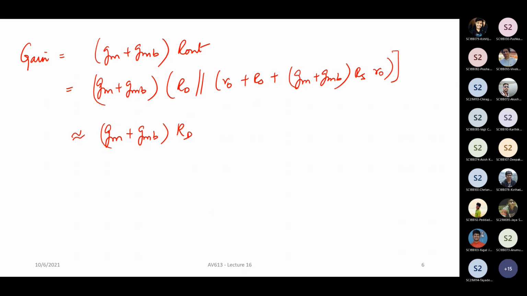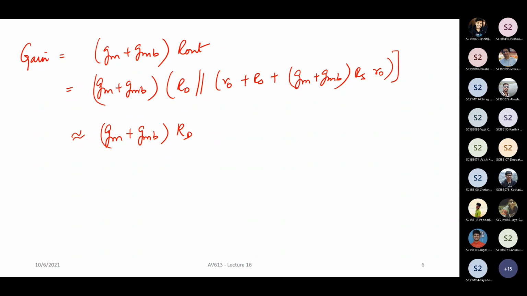So this is your gain expression. Now, if you look at the gain, this gain is also quite high. Now, again, you can do all the other stuff that we did with our common source, that instead of the resistor, you can put a MOSFET. Those of you who took the RFIC course in the previous semester, we know that instead of RD, we put some, we had a tuned load, we had an inductor and a capacitor, right? So all those things we did, and it's possible, and you can do.